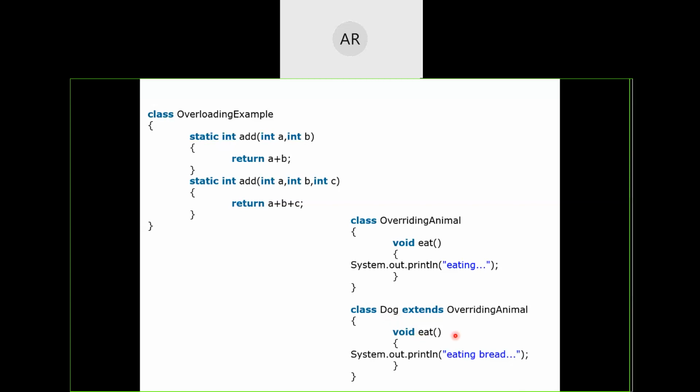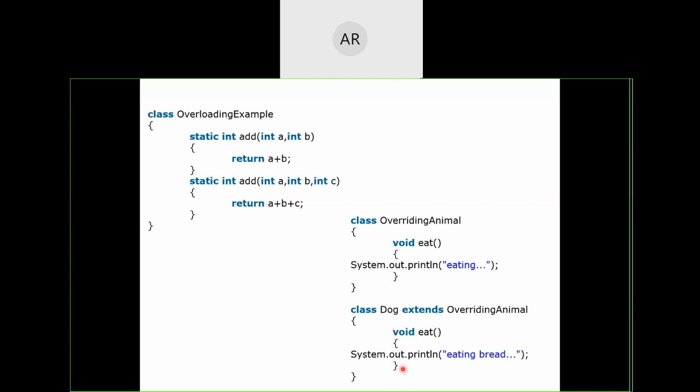But as we learned in inheritance, using the object of the subclass we can even invoke the methods of the superclass. Then why is only this eat getting preference? Why is it only executing this one? Why not this one? To answer it, we need to learn which class object was created. The object was created of the subclass, which is Dog. So whosoever object was created, if that class has that version of the method, that particular class method will be given more priority than that of others.